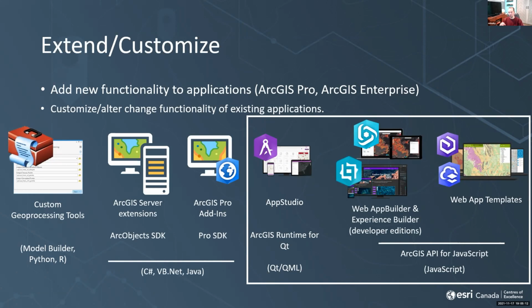For the templates, a lot of these are published in GitHub with source code available. Web App Builder and Experience Builder have developer editions, so you get the same experience building an application and configuring it and getting a starting point, but then you have access to the source code to extend that and change them a little bit. So you don't have to write a lot of code to have a complete application, but you still have the ability to get in there and make your own unique changes.